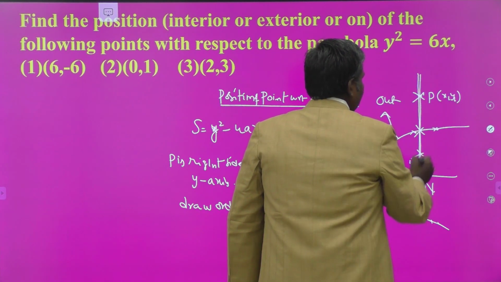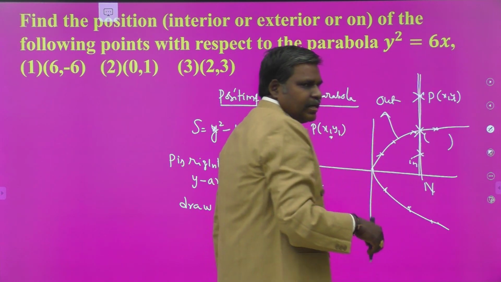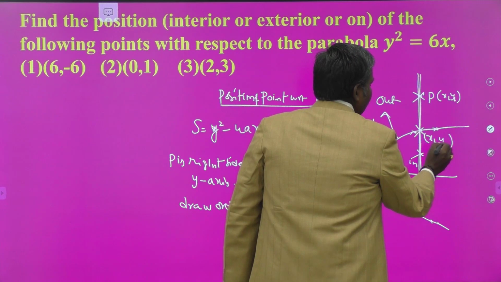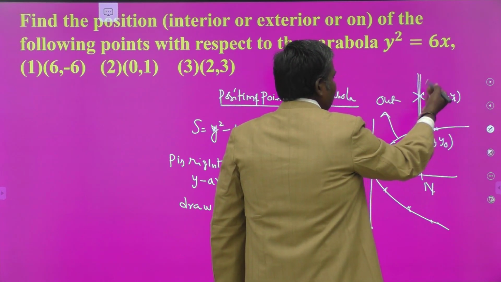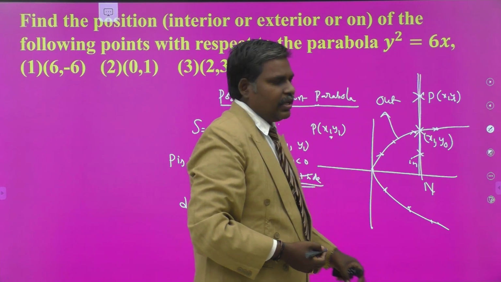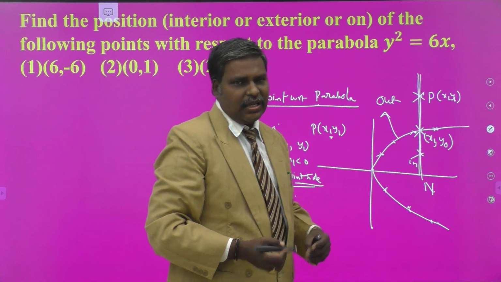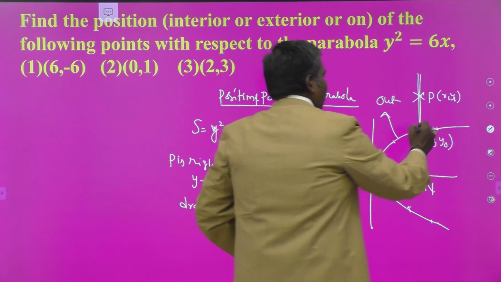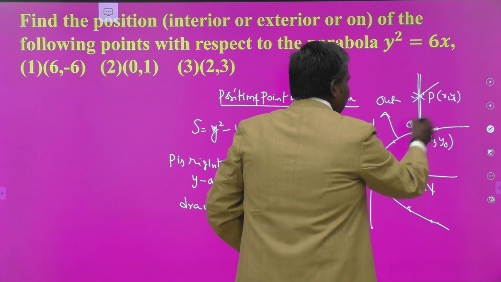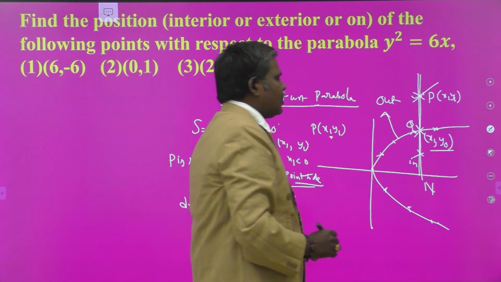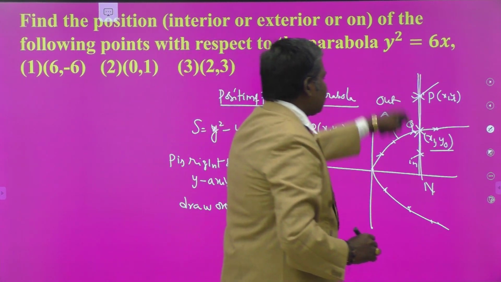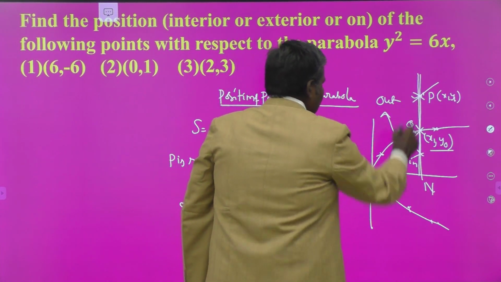If it is an ordinate, what is the change here? The y coordinate is changed here. There is no change in the x coordinate, x1 comma y0. See the slope of this line, infinity. So on the ordinate, the y coordinate is varying. On the abscissa, the x coordinate is varying. All of you know that. So if your point P is x1 comma y1, then the point of intersection of the ordinate with your parabola is of the form x1 comma y0.